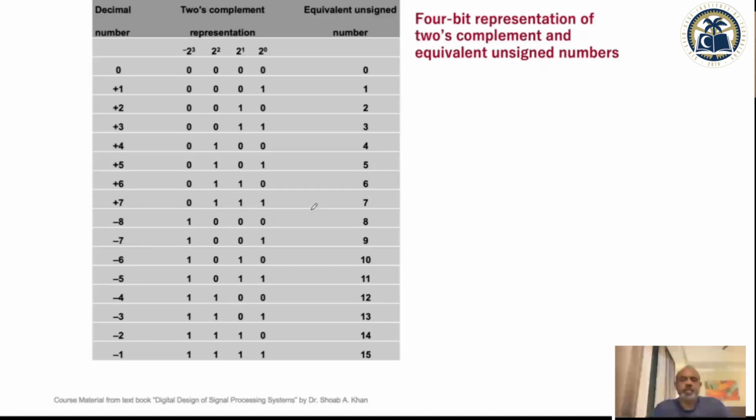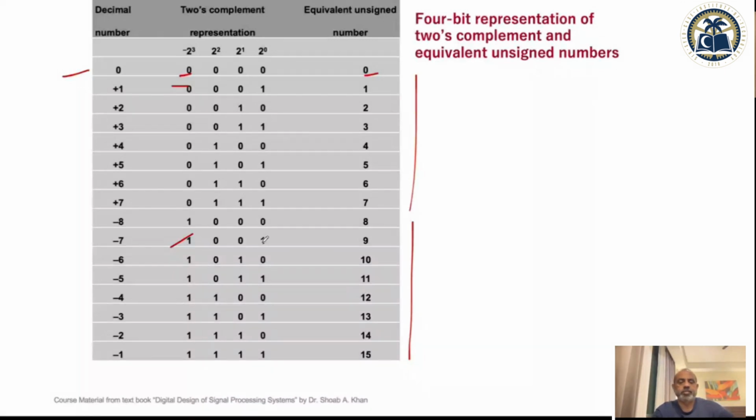There is definitely an issue in this representation: the 0 is considered positive, not negative. Okay, so there is no negative 0. So you have a 0, which is all zeros, and because the sign bit is 0, this is considered a positive number. So that's why you have one extra negative number. And then once you have a 1 in the sign bit, you have the negative numbers.